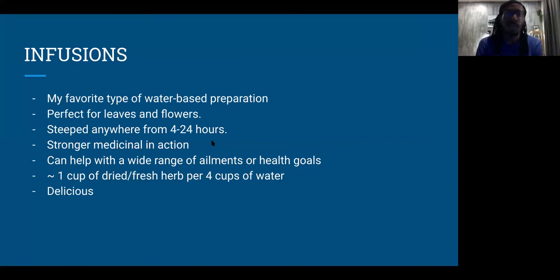They're stronger in medicinal action simply because you're getting more of the constituents of the herb out of the water versus a 10 to 15-minute steep of tea. Again, take that with a grain of salt because there are some options like chamomile and jasmine that are flowers you don't want to steep for too long. But for the most part, most of your infusions are going to have a stronger medicinal action than your teas because of the length of time that they're steeped and also the amount of herb that's being used. You're using so much more of the herb when you're making an infusion than when you're making a tea